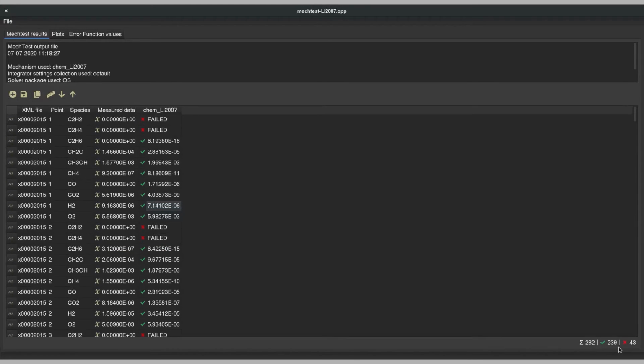The reason is that experimental data are available for the concentrations of species C2H2, C2H4 and HCOOH, but these species are not included in the Lee 2007 mechanism. We can copy the result to the system clipboard by clicking on the copy button in the toolbar. This way, the results are available for other applications.